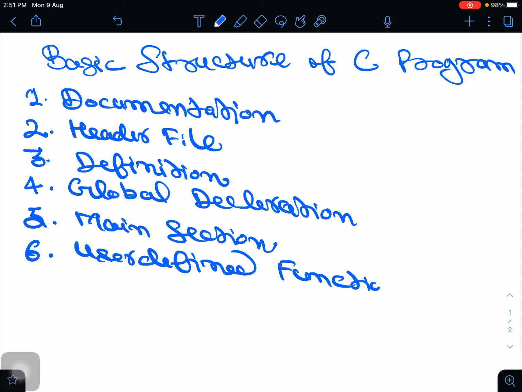Now, suppose you have to write a program to add two numbers. Then the first line of this program should be documentation.